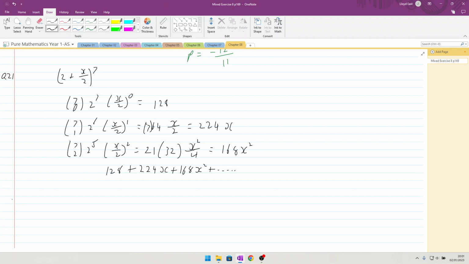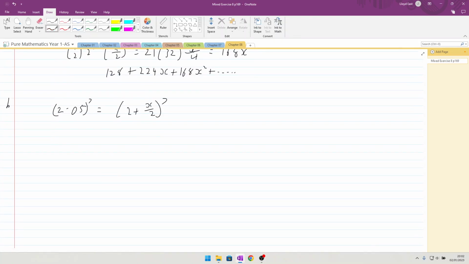Part B then. Explain how you would use your expansion to give an estimate for 2.05 to the power 7. Apart from just sticking it straight into a calculator because it has the ability to do that, in terms of how you would use your expansion, you can take the bracket and say it is equal to 2 plus x over 2 to the power 7, which means